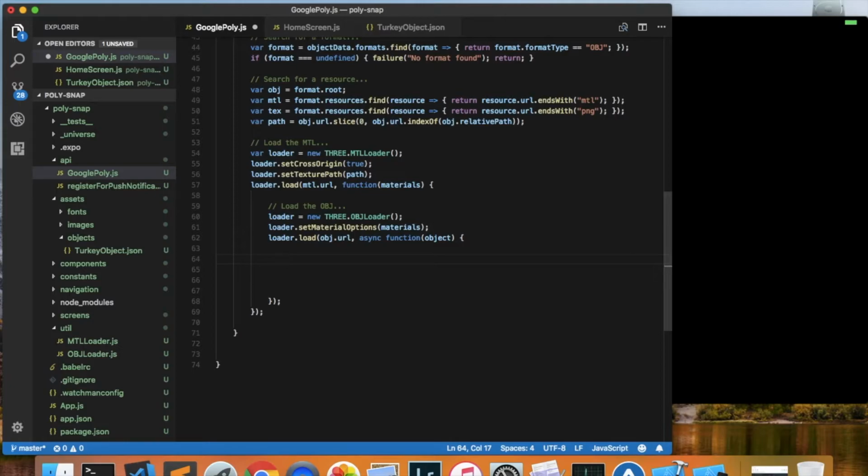What I've noticed in using some of the APIs is that textures are sometimes available and sometimes they aren't. So we're going to do a little check if there is a texture. So we'll say if there is a texture, then we want to apply it. Let's put an if statement here. If text does not equal undefined,